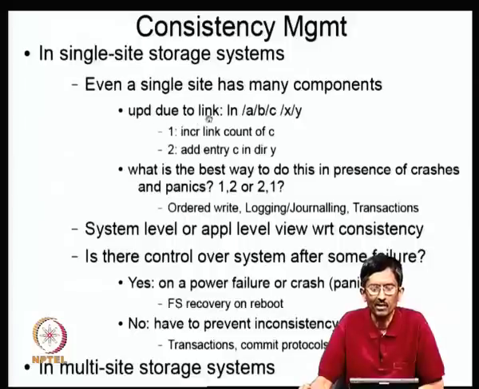All of you know that there is an operation called link in Unix, and basically it creates an additional link to a file. What is this particular command? ln /abc to /xy. What does it do? This is the source, this is the target. x/y is a directory, this is a file. That means the semantics of this is that the file c will have another name in this directory x/y. So in addition to the file being in /abc, there will be another file called /xy/c.